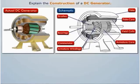Basically, the schematic diagram of a DC generator is as shown, and its main parts are